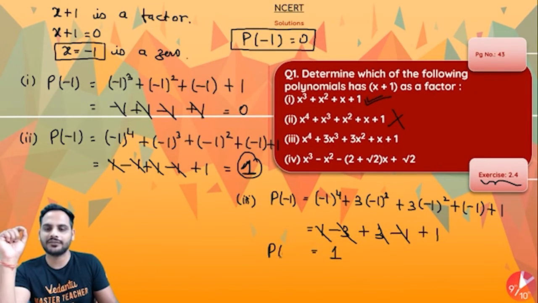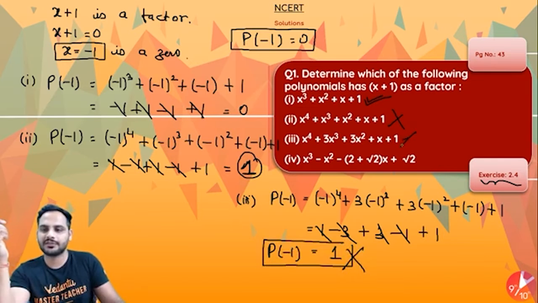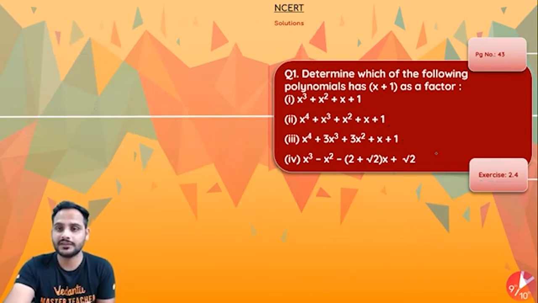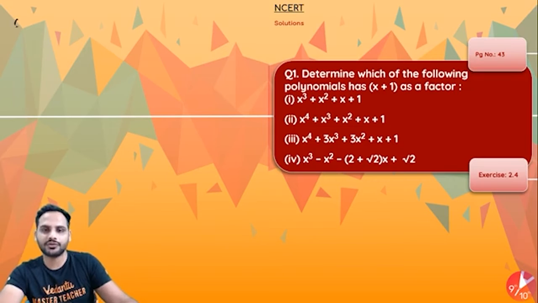So the value of this polynomial also at x equal to minus 1 is equal to 1. That means here also, this x plus 1 is not a factor of this polynomial, because x equal to minus 1 is not a 0. And then the fourth one, the value at minus 1 for the fourth polynomial will be,